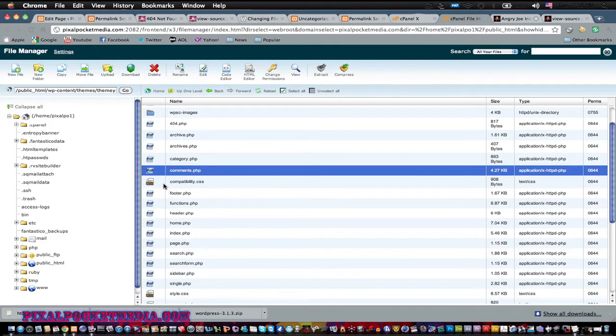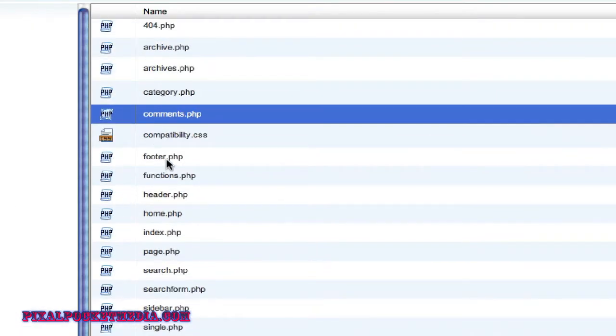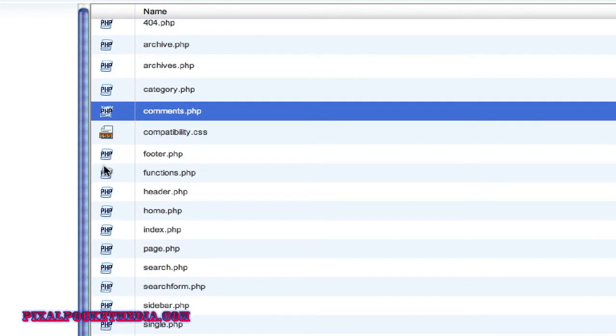Compatibility.css, you don't really need that. That's for a plugin that I downloaded for my site, so that's why I have that. Footer.php, you definitely need this. You definitely need the footer. The main ones you need, especially to get it to load up and everything, you're going to need your footer, your functions, your header, your home, your index,